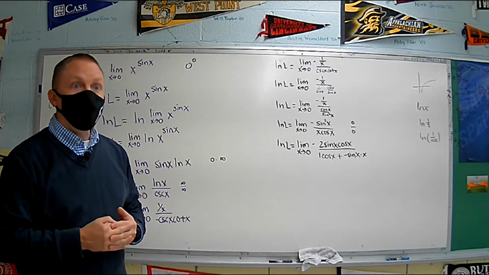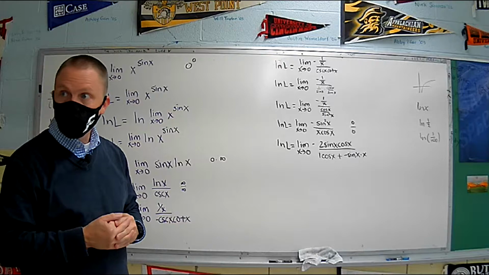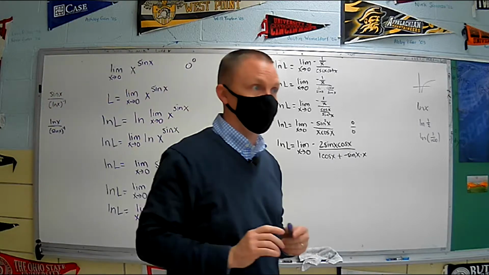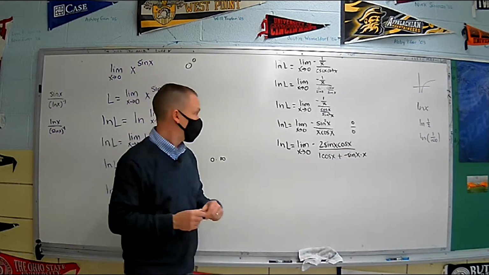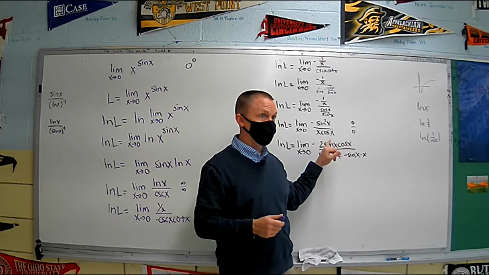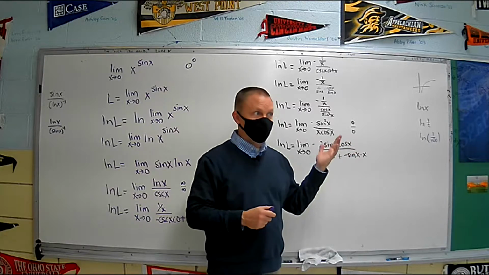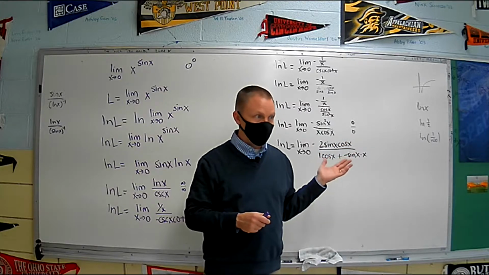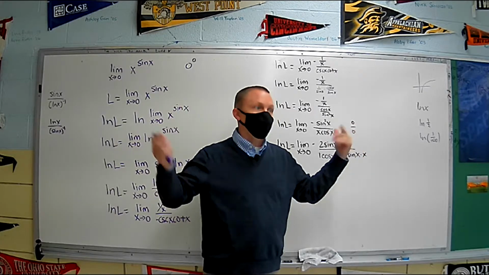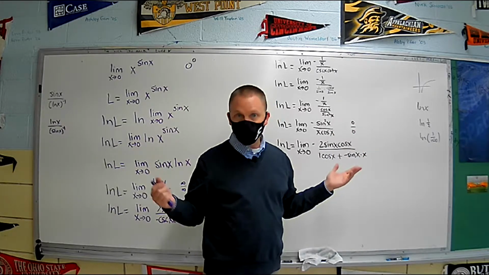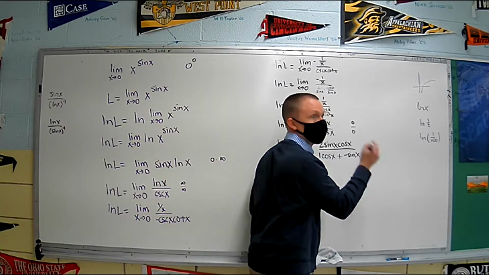So now, friends, can we take the limit? What happened to the numerator as x goes to 0? Sine of 0 is 0. Cosine of 0 is 1. Sometimes you got to remember that 0 times 1 is 0. You get caught up in these indeterminate forms and you forget the basic stuff. 0 times 1 is 0. So this numerator is approaching 0.